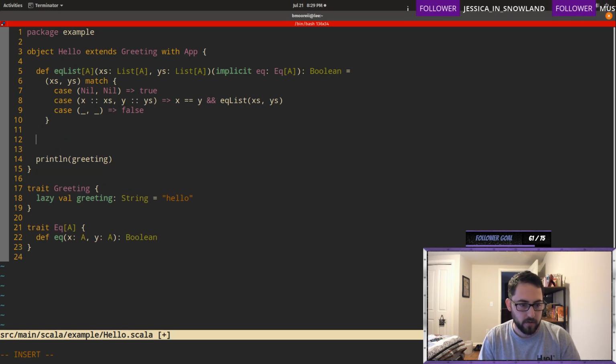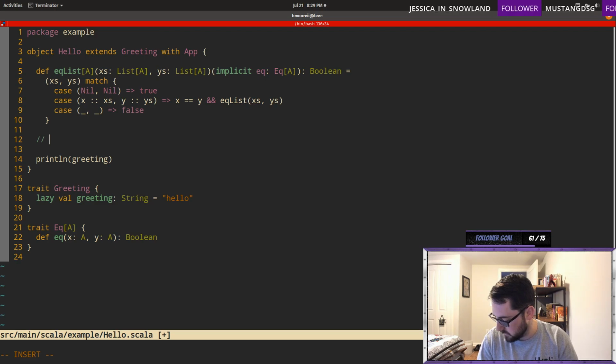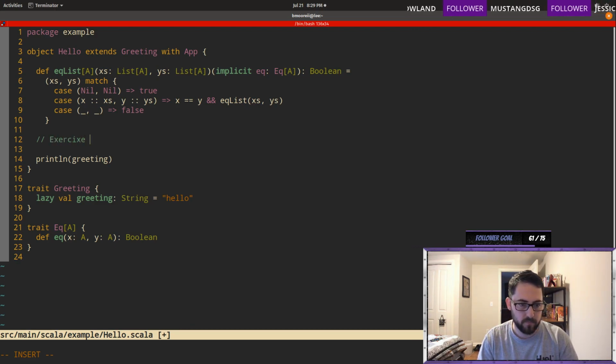So how do you do comments in here? I think it's like C. So I like to do all the exercises if I can, essentially. So define not equal.